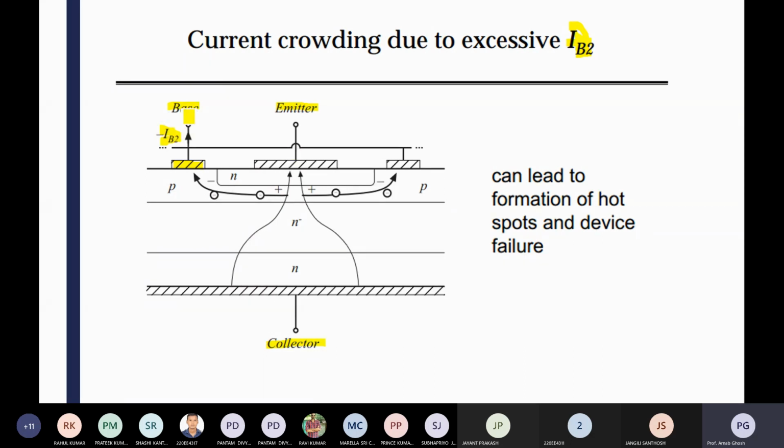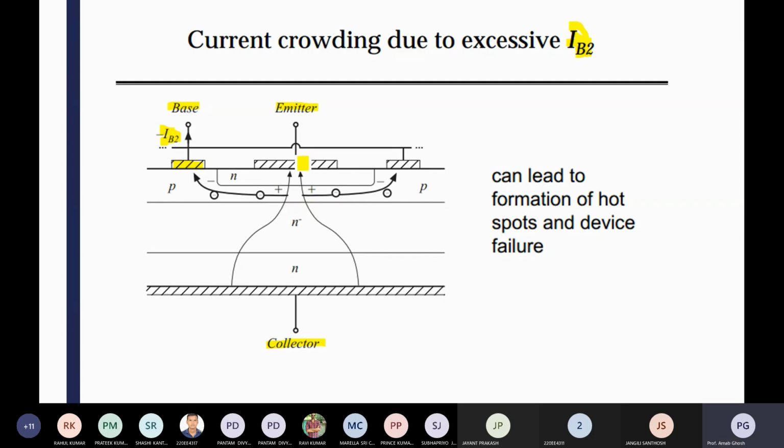Definitely the base voltage. If you increase that base voltage, the current strength of this base will change, and as per that change, the minority carrier density will change. As it becomes much more crowded, current will be hampered from flowing from collector to emitter.